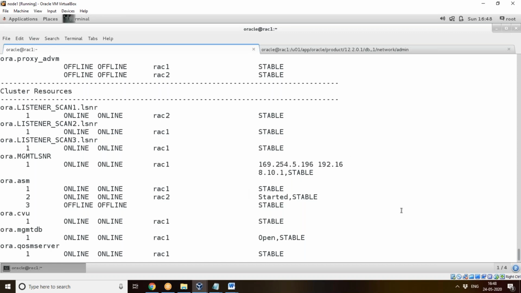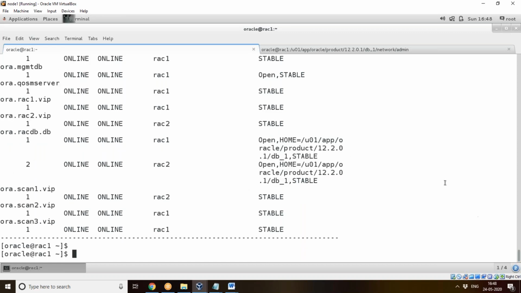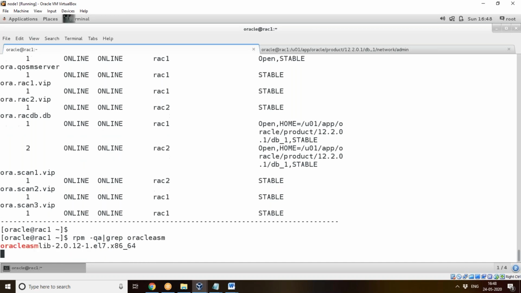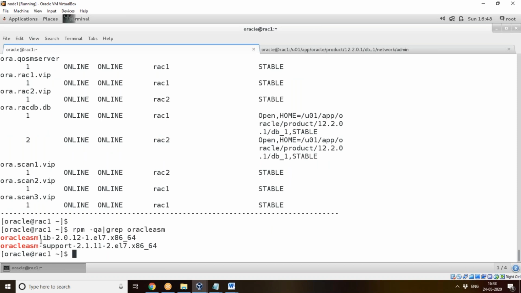For that, we need to install the Oracle ASM library. See, rpm -qa | grep oracleasm. If you give it, it will show you that the Oracle ASM library should have been installed, because 7.0 is my Oracle Enterprise Linux. So I have installed this package and oracleasm-support.